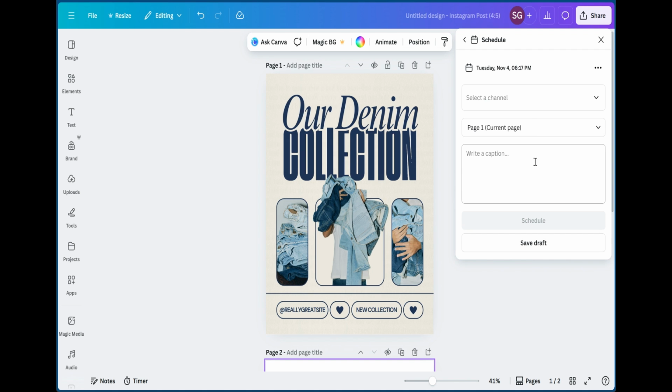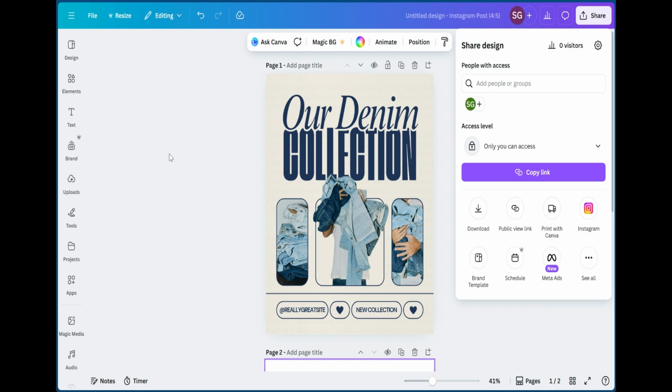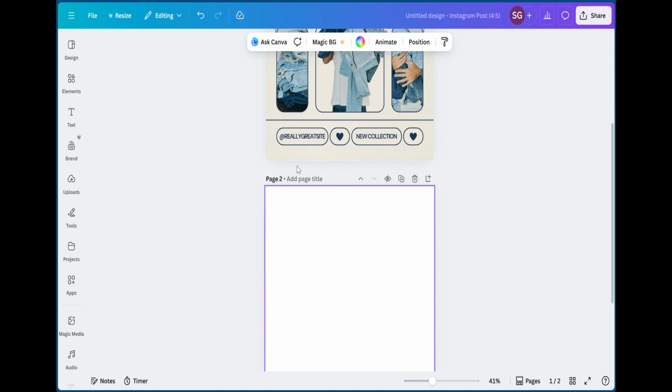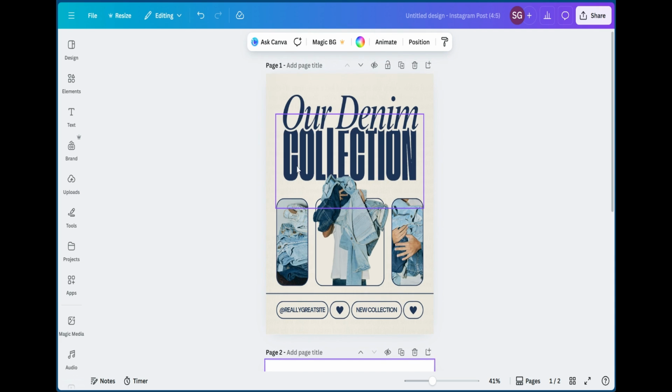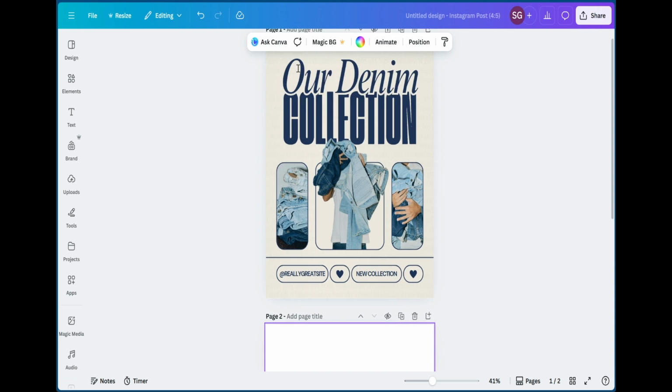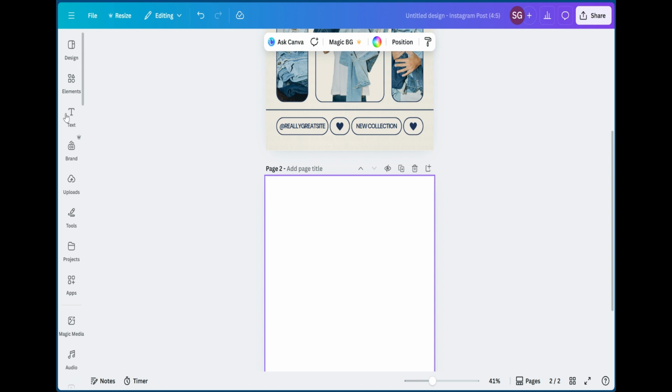And this is how you will be able to schedule social media posts using Canva. It's actually pretty simple. And like I said, you can create a variety of designs within one, and you can schedule them out ahead of time. And if we go back over here to designs,